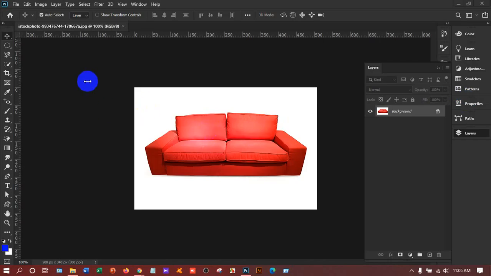Well, I've taken an image, the background is white and the object is red. It's a sofa. So we'll remove the background of this image. There are a few ways to remove it, a few tools. Suppose we use the quick selection tool, this is a white background, we'll be able